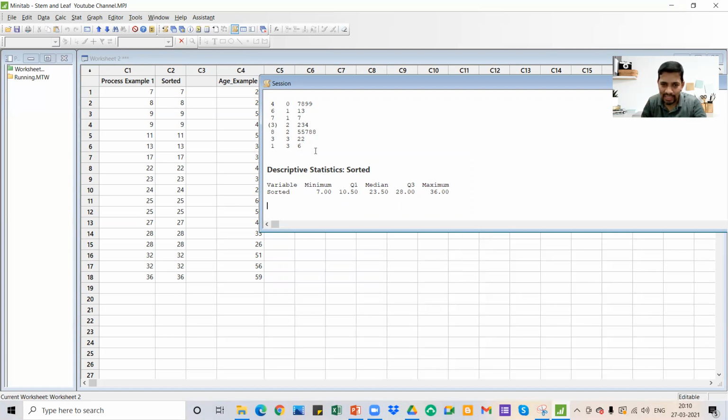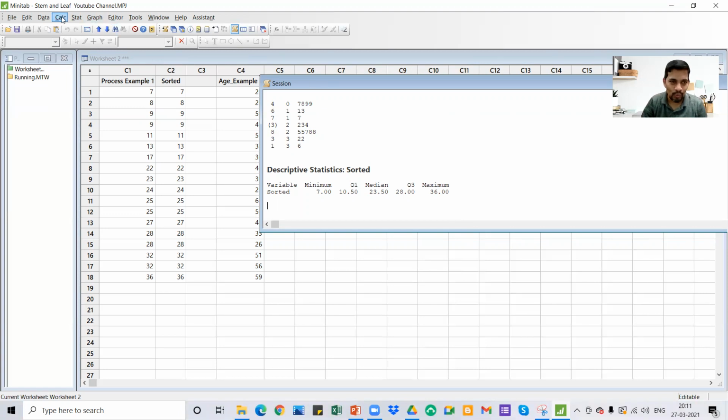Now, if you're happy with this one, fine. If you wanted to know how many cycle times are high, you can easily count 1, 2, 3, 4, 8. 8 are high cycle time. What is the low cycle time? 1, 2, 3, 3 plus 4, 7. 7 are low cycle time. Something like that, you will be able to find very easily. But I wanted to print it on the menu tab. I'm just going one step further.